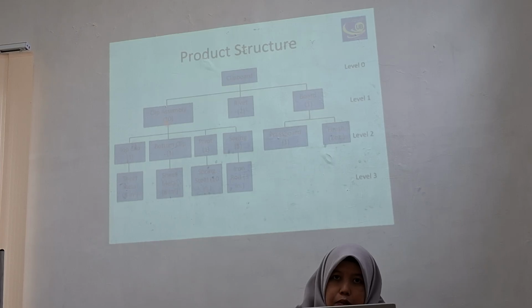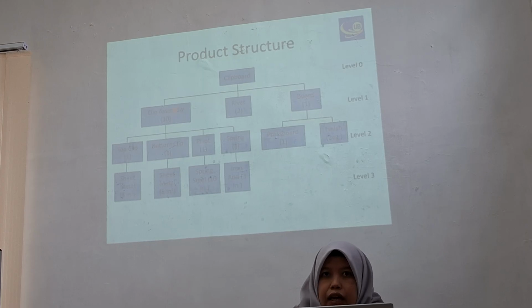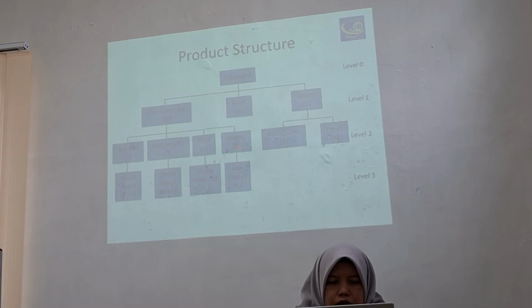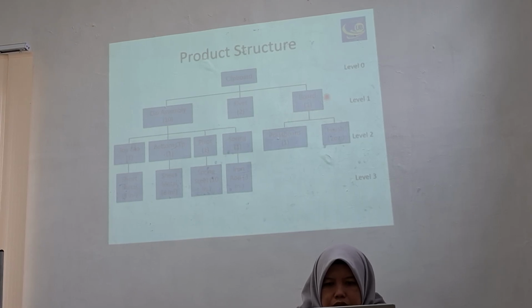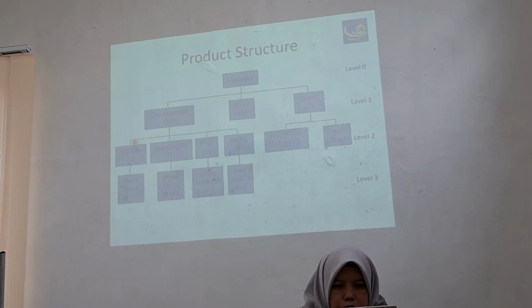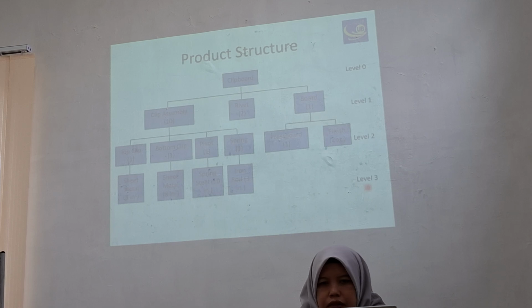This gives information about the quantity. To produce one clipboard needs 10 clip assemblies. So in level 2 and 3, there are sub-components and raw materials for the clip assembly and board. You can see in this board, one board needs one press board and 2 finishes. This needs 2 components to make the clip assembly, in level 3.